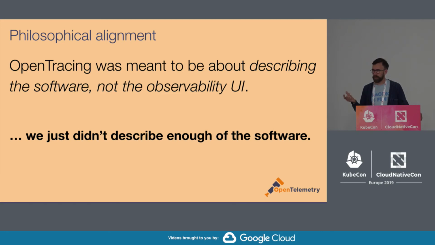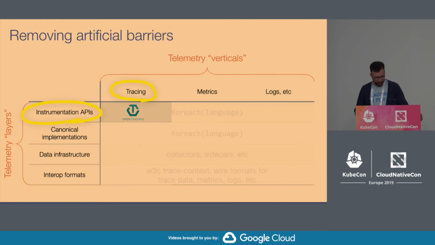And I think one of the complaints we had with OpenTracing was that people were adding OpenTracing instrumentation and then also adding, I don't know, Prometheus instrumentation, and also putting stuff into ELK. This approach should actually get closer to the philosophical orientation that we had for OpenTracing originally, which is that you just describe your software and then the telemetry data flows out of that. So ironically, the OpenTelemetry charter is probably closer to the philosophy we were trying to espouse with OpenTracing than OpenTracing is. But you know, you always get a second chance or something.